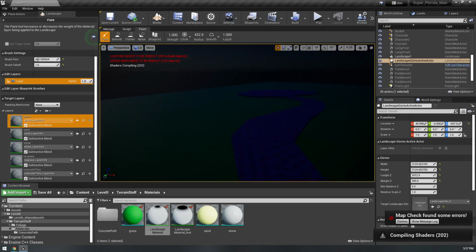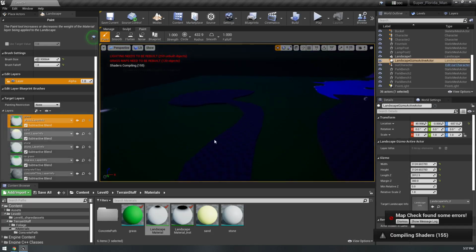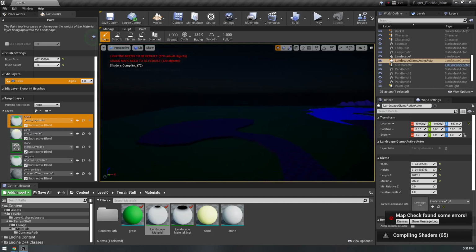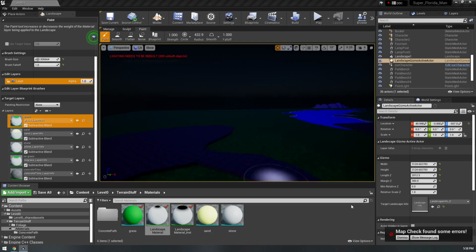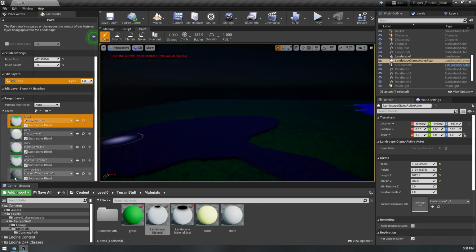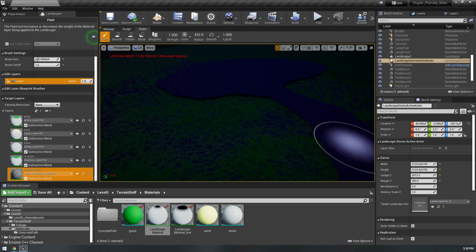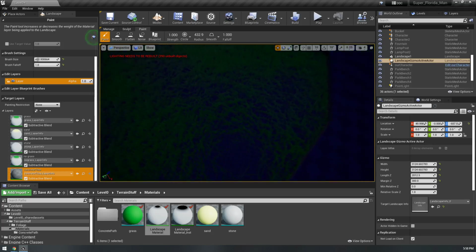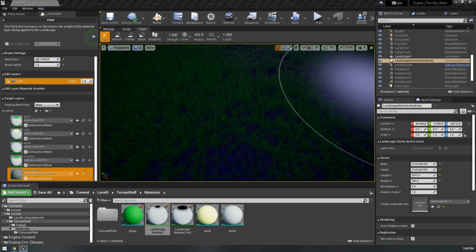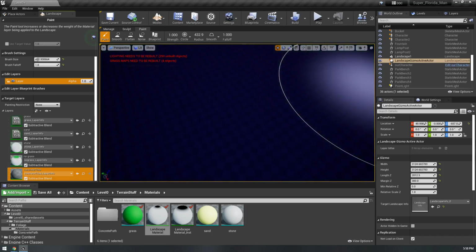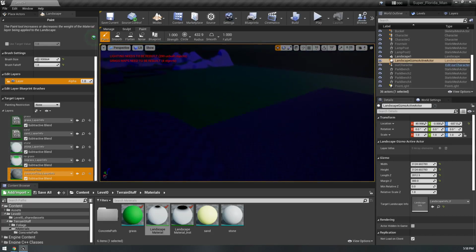Okay, it's recompiling shaders. That's kind of what we needed. There we go. Okay, just forcing a change in the landscape material seems to have fixed whatever absolutely broke. Because something broke. Something broke real hard a second ago. It's not clear what, but it looks like it's good now. So that's cool. And when I save and apply,